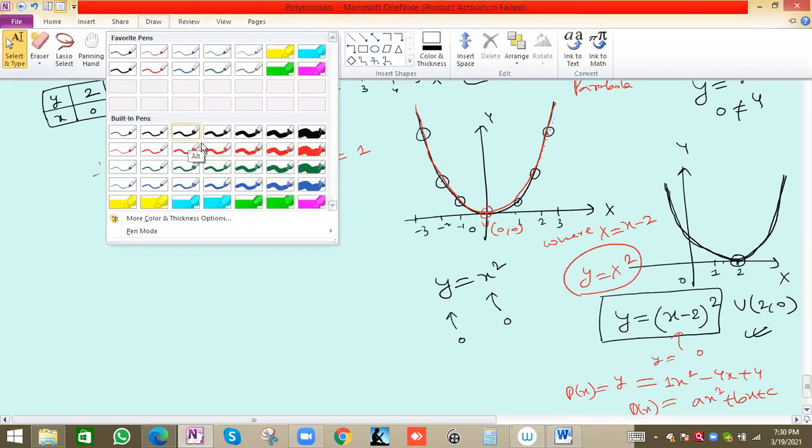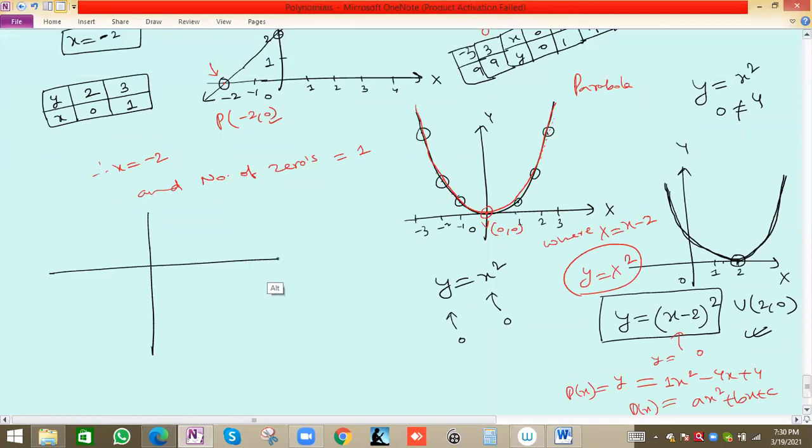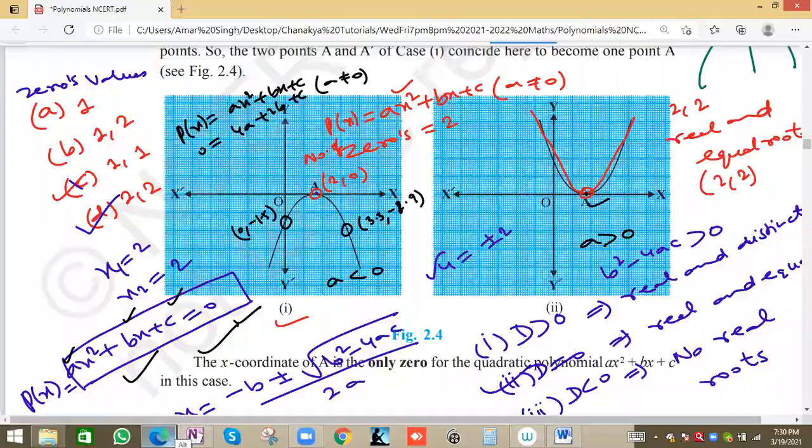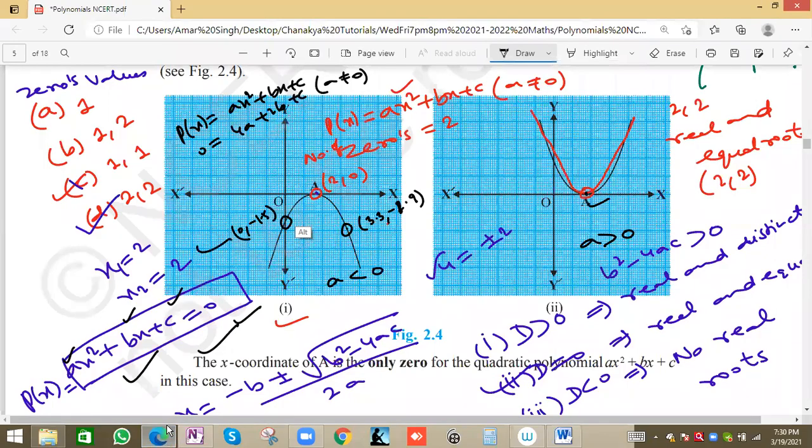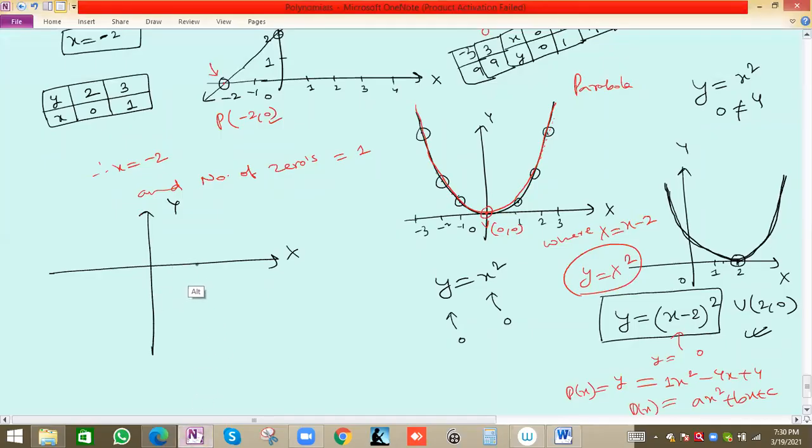The question will be the same as our next question. For this we now have to write the graph. The second one is this, for this parabola we'll see. The graph is opening in the downward direction, and (2, 0) is the vertex basically. Let us take (2, 0) as a rough approximate value. So this is 2, this is 0. So (2, 0) is the vertex point, and it's going in a downward direction. We have to write the equation of the parabola and the value of a. What is the value of a here? And what is the equation of this parabola?